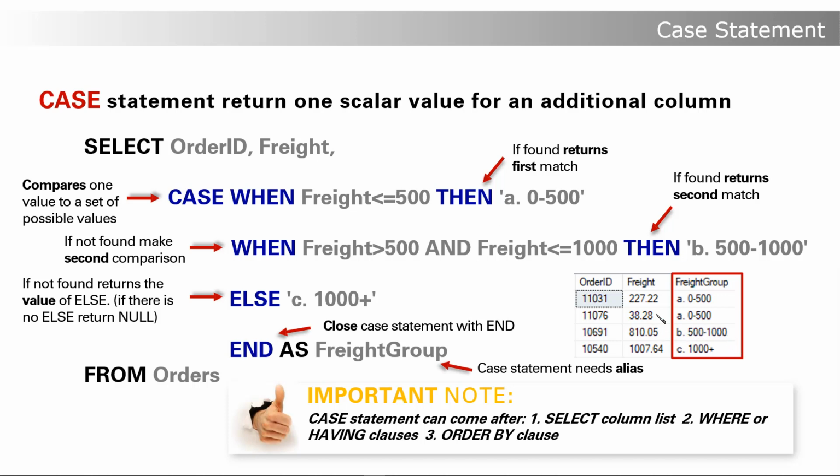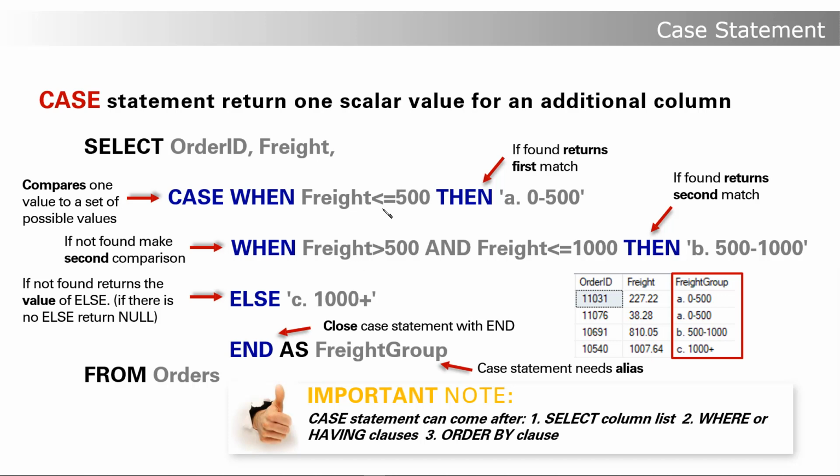And if we go to the fourth row and the value of the row doesn't answer the first condition and the second condition, then we go to the else. Else means that if not found, it returns the value of else. We need to remember that if there is no else, and the value of the row is not located in the first and second condition, then it will return null. But because we have else,